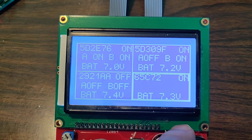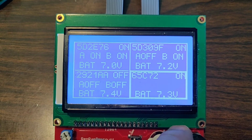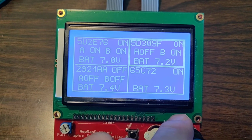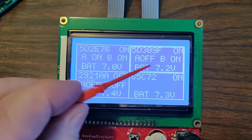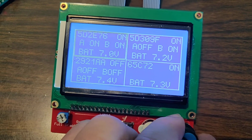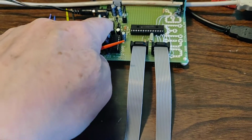If there was a good Android or iPhone developer, I think you might be able to do this within that app, but I don't know what the limitations are. So I've scrolled. This is the last one we were on, although even though I scrolled over, it knows this is the last one we're on. If I hit the select button,